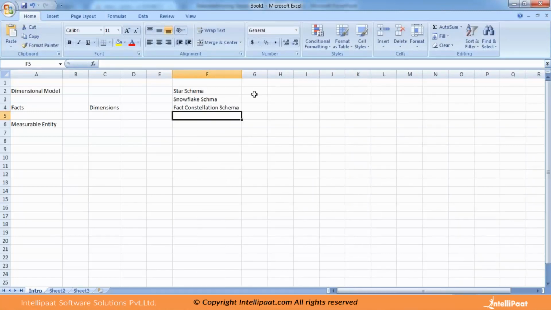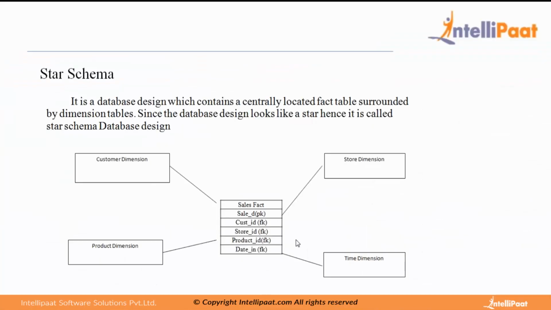Okay, so in the star schema the structure would be something like this, surrounded by all the dimension tables. It looks like a star structure. The fact table will have the fact, sales here is the fact, and it will have the foreign keys of all the dimension tables. So all the foreign keys will be related to the dimension tables. This is how the structure is. This is known as your star schema, with the fact table in between, surrounded by all the dimension tables. The fact table will have all the foreign keys. It will connect to all the primary keys of the dimensions.